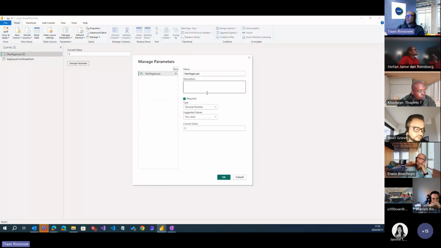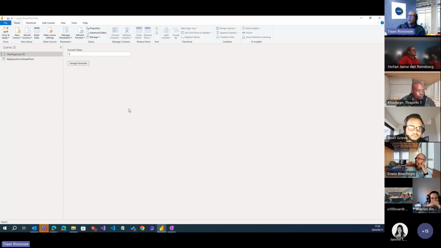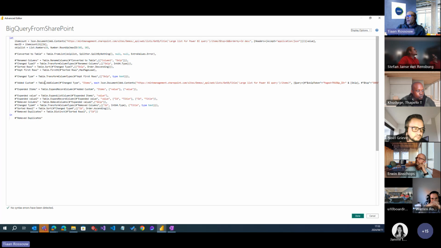In my case it's just a number. When you set up parameters, if you want to set up page numbers, obviously it needs to be a number and whatever the value of that should be. And you can then reference this inside of your code. And there's my max page load variable that I can use. So inside the code, you can just